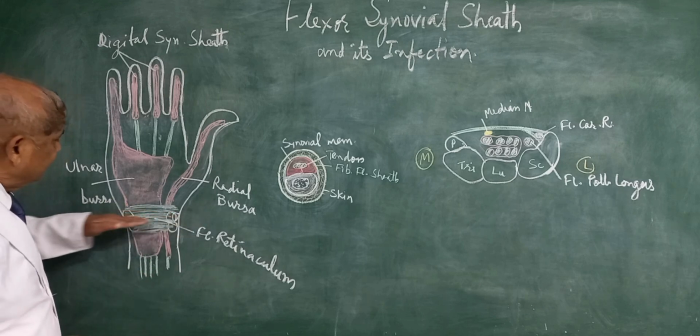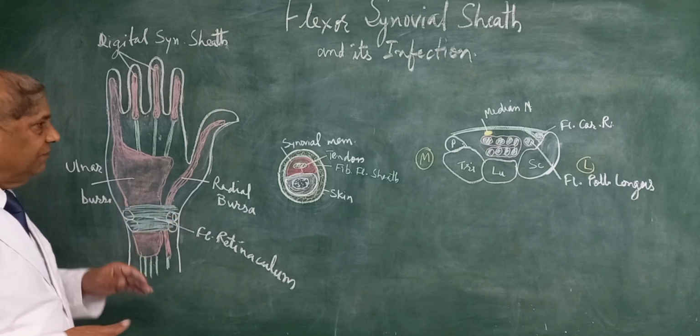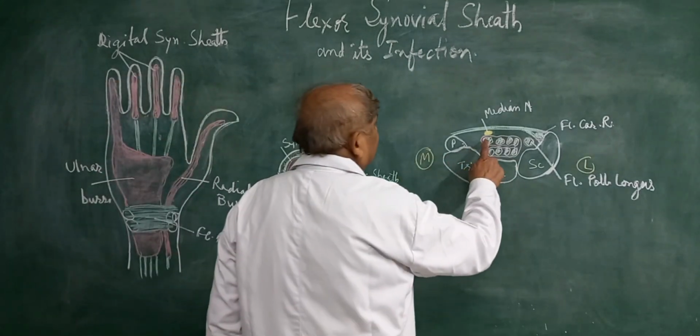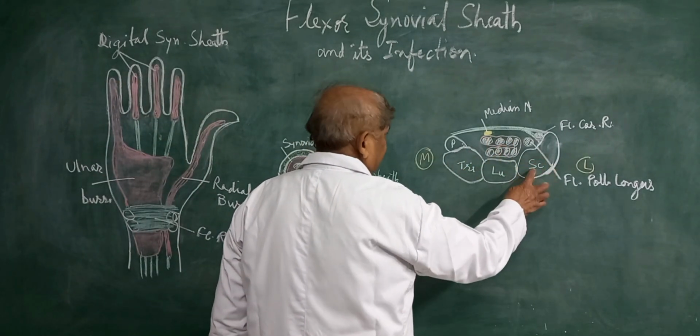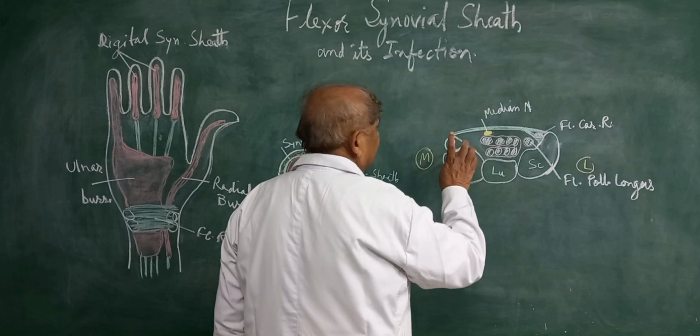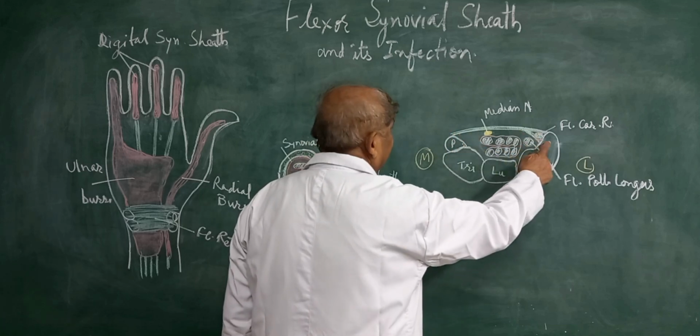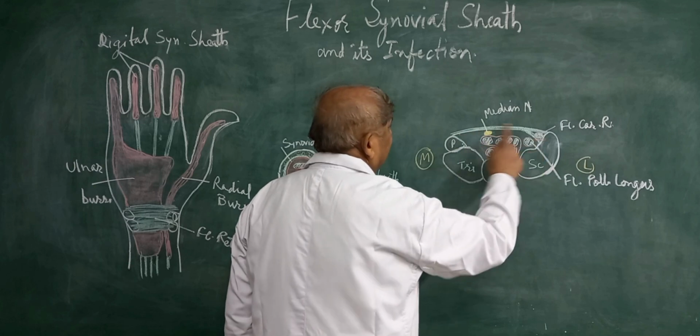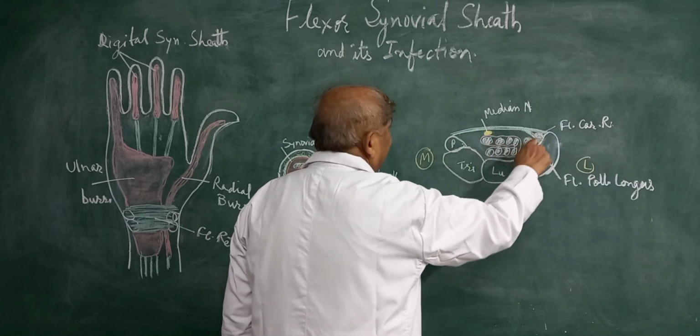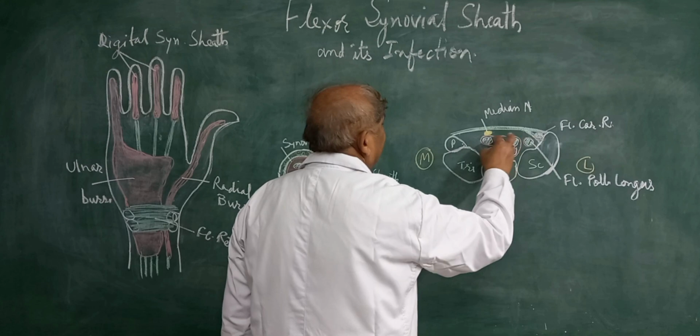If we cut a section of this, we will see these are the tendons. This is the scaphoid, lunate, triquetral, and pisiform bone, and this is the flexor retinaculum extending between the medial and lateral carpal bones, and this is your very narrow